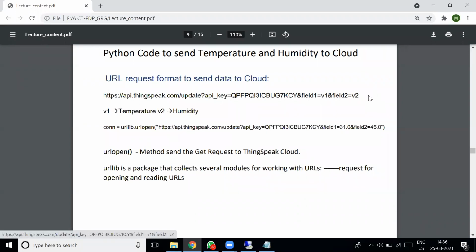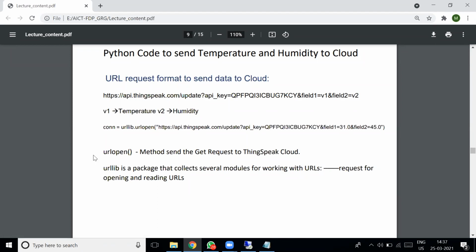This is a standard format, depending upon your application. The only things varying are the API key and these values. So you have to put your API key here, and your value 1 and value 2. In our case, value 1 is temperature, value 2 is humidity, right?